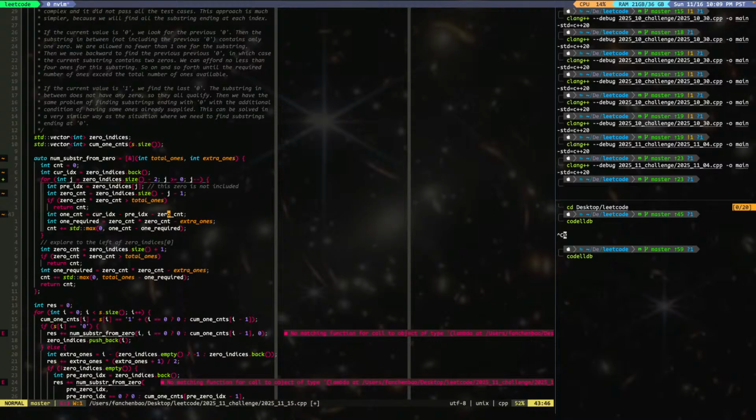So we have, this is the number of ones, and then the ones required is, we have 0 count squared minus the extra ones. So the ones required for here, and the number we can have is going to be the 1 count, right? If I have 4 ones and 2, and then we can only do 2. So yeah, this feels good. And towards the left, now if we're towards the left,